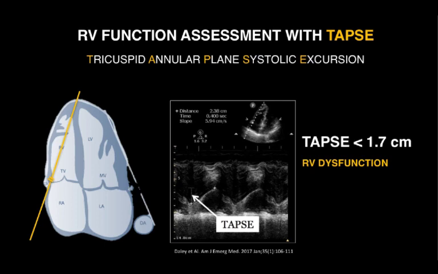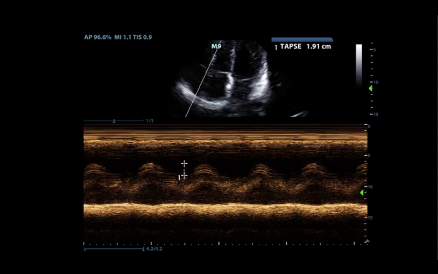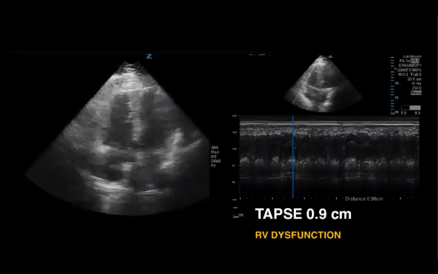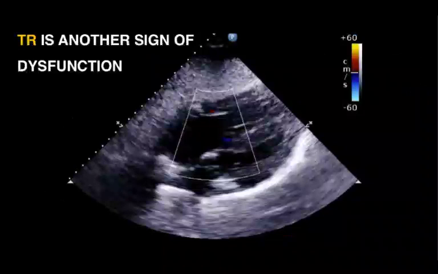Therefore, assessing how much displacement is occurring along that vertical axis at the tricuspid annulus is a good, reliable predictor of that RV performance. Putting this into M mode will give us a number, and we know that under 1.7 centimeters, or 1.9 as other guidelines say, is highly predictive of RV dysfunction. So you want to do that quickly to assess whether your patient is like this patient with severe RV dysfunction. Why is that important? Because that will be important to consider during your resuscitation strategy, during your plan for intubation,